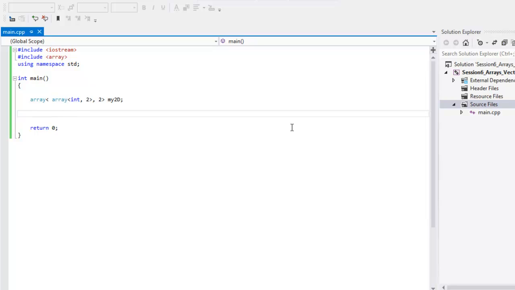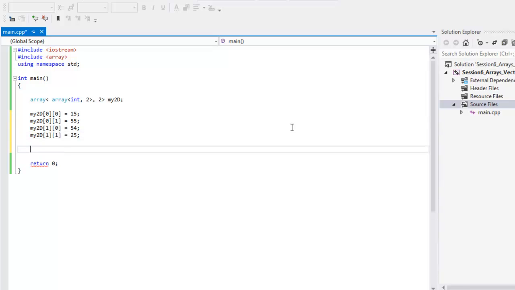Okay, so same thing here. We would say my 2D at 0 equals 15. Oops, we have to put the 2D syntax. 15, my 2D at 0, 1 equals 55. I could have just left the code from last time, but no harm in typing. My 2D at 1, 1 is equal to 25. Okay, so I can use the standard syntax, but this time I'm going to say my 2D dot size,